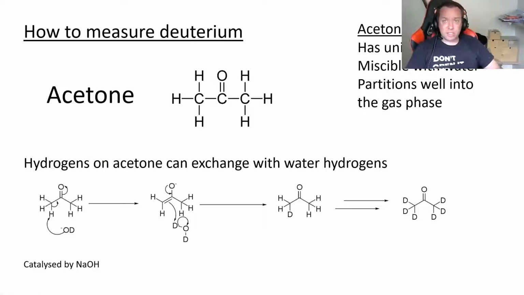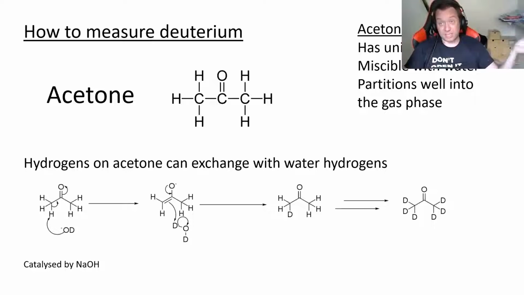So as I mentioned, we're going to exchange our deuterium from our water, which we can't measure, onto a molecule we can measure. And the molecule we're going to use is acetone. And acetone is great for this purpose because it has uniform hydrogens. So every hydrogen is bonded to a carbon that's then bonded to a ketone group. It's miscible with water, so we can mix it with our aqueous,